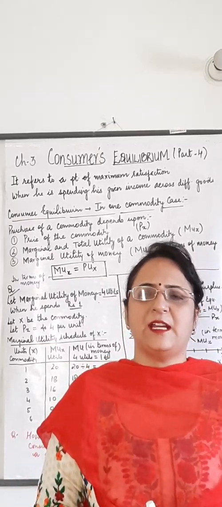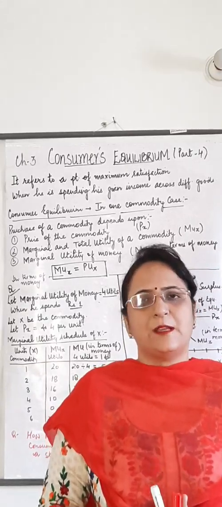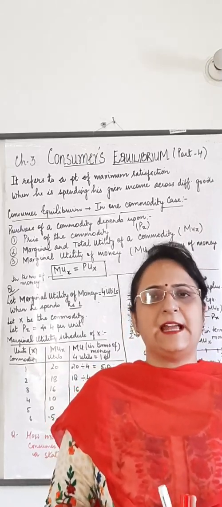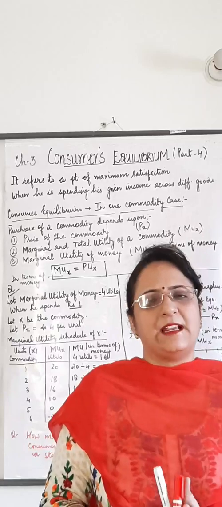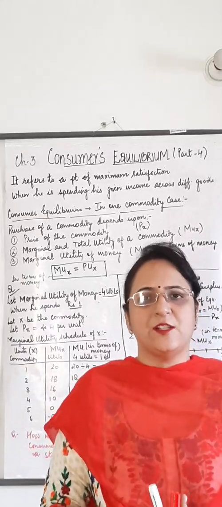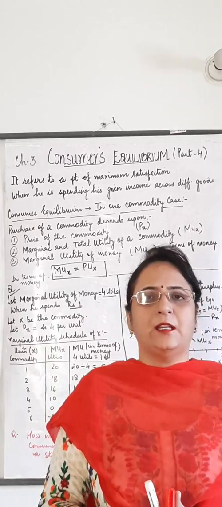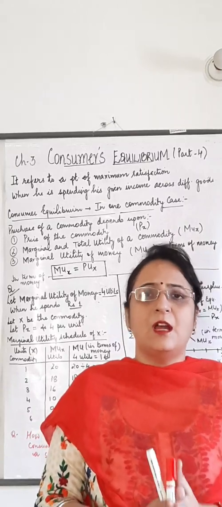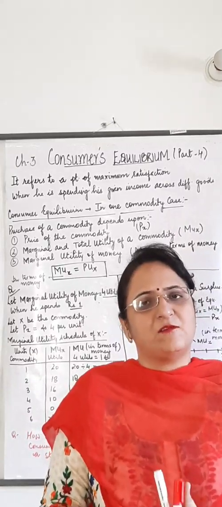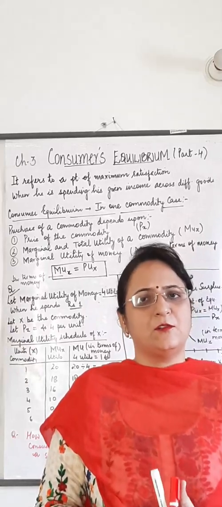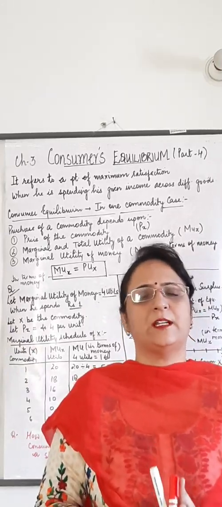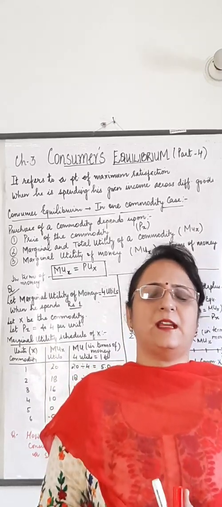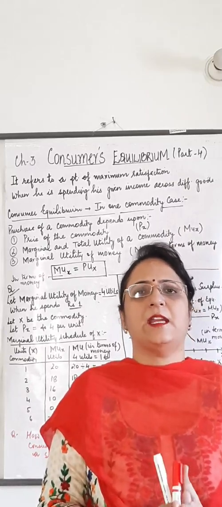Students, in prior parts, we have discussed various concepts related to utility analysis. We have completed the concept of utility analysis. I explained what is utility, what is marginal utility, what is total utility. We have discussed the graph, the relationship between TU and MU, and accordingly we have discussed illustrations to draw conclusions, and I have explained how to solve the sums. Moving ahead, in this part we'll take a fresh topic, that is consumer's equilibrium.